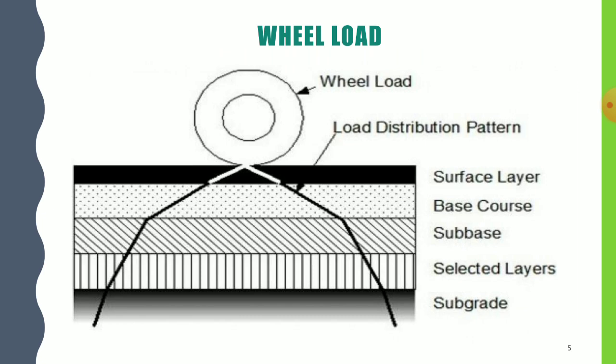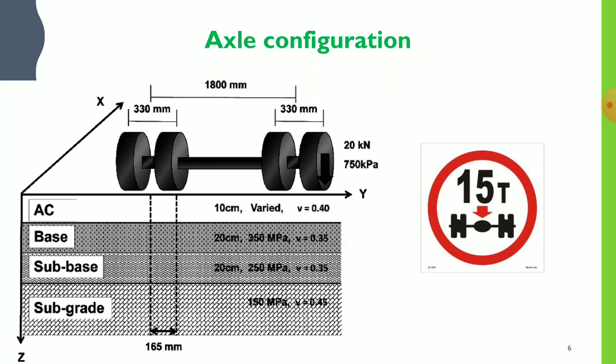Wheel configuration affects the stress distribution and deflection within the pavement. Many commercial vehicles have dual rear wheel loads, which ensure that the contact pressure is within the limits. The normal practice is to convert the dual wheel load into a single wheel load so that the analysis is made simpler.